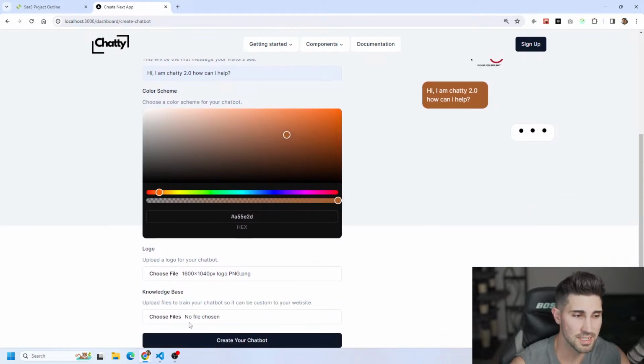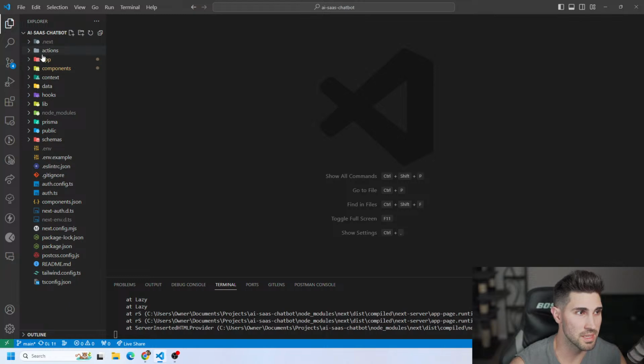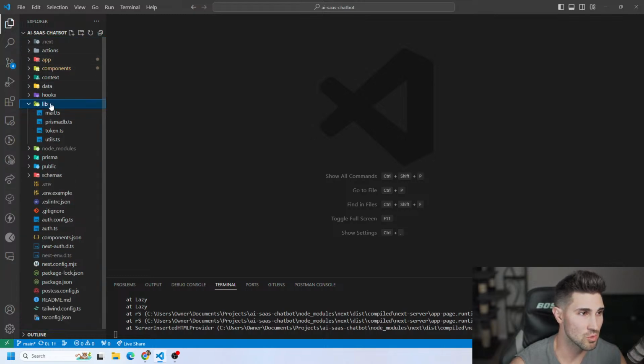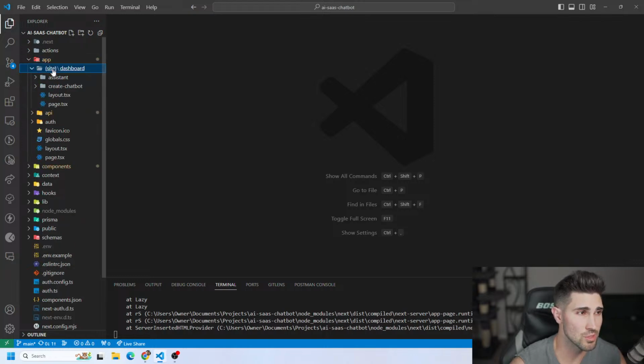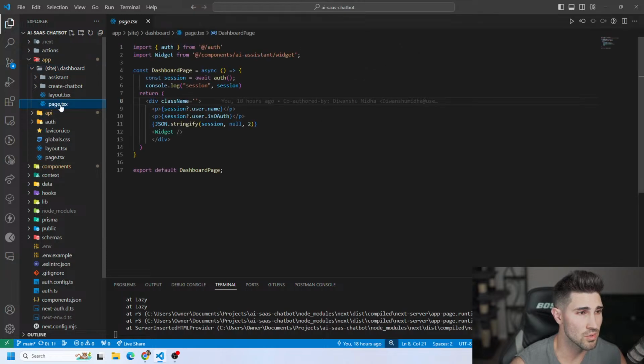And then the next thing is they get to upload files to train their chatbot to be custom to their website. So we're going to consider this the knowledge base, and we're going to have to pass this to the assistant that is assigned to their user. And their user is going to be found by their email address. And we are using Auth.js, so we can use some methods in there. So for example, we have some methods to retrieve the user, and the new method in version 5 to retrieve a user is going to be